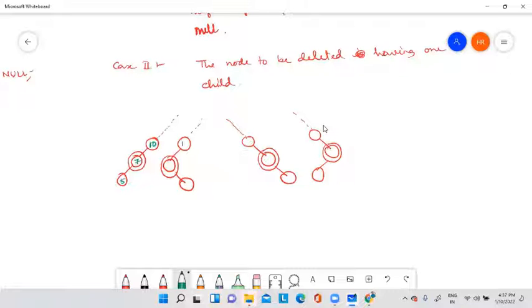For this, suppose this is 10, this is say 7, this is say 8. Okay, for this, suppose this is 10, this is 15, this is 20. For this, suppose this is 10, this is say 15, this is say 12. So these are the 4 different possible pictures where the node to be deleted has one child.